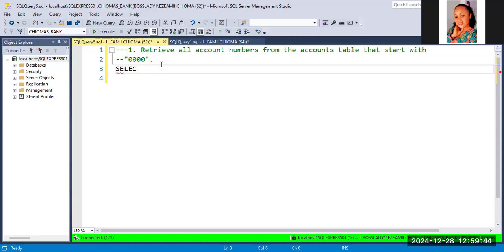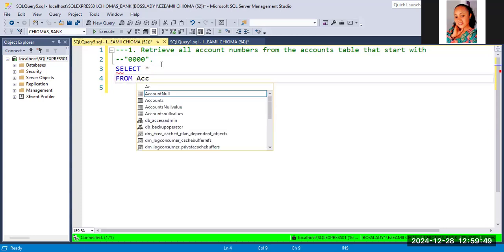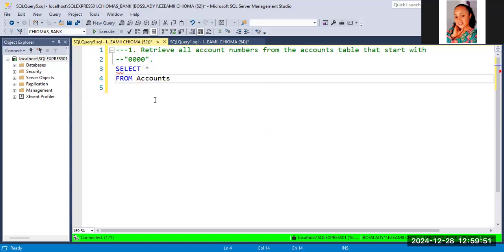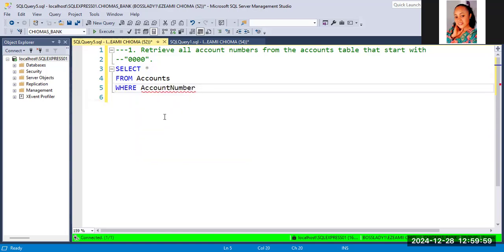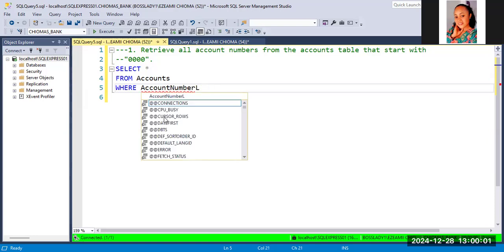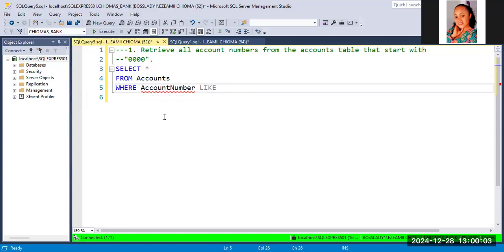So let's select everything from our account table where account number like